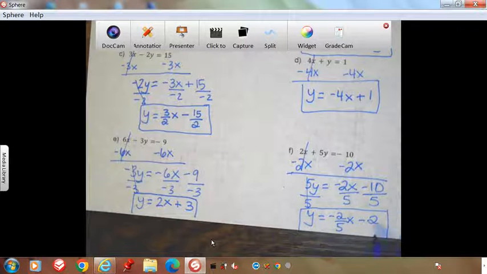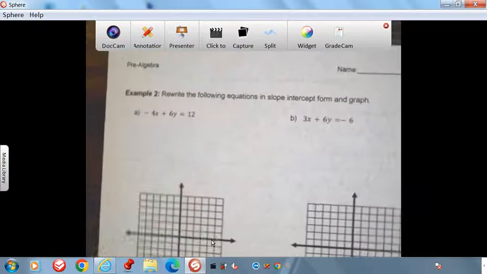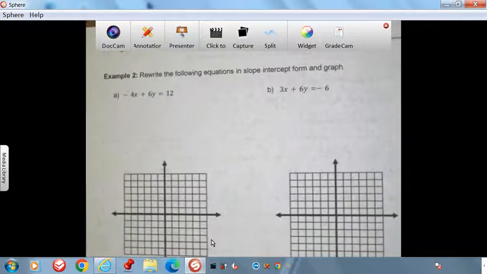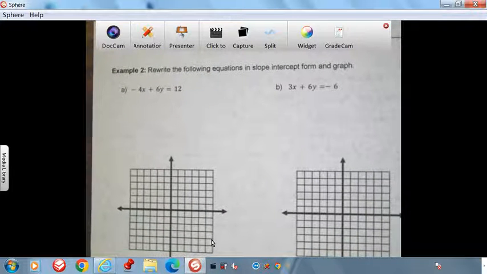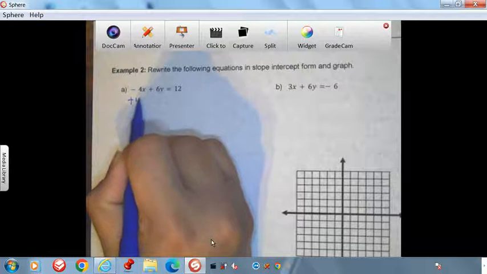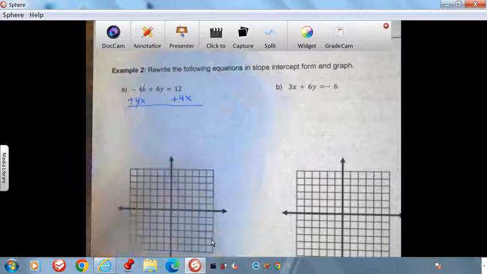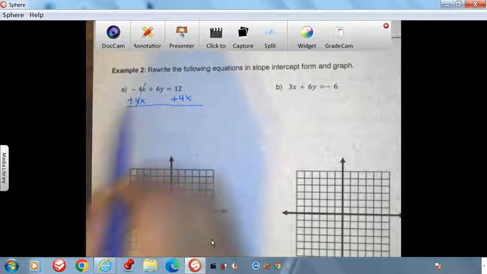On the back, it's going to do the same thing, but we're going to then practice graphing. So let's try a few of those together, and then you should have some time for homework like usual. So example 2 says, rewrite the following equations in slope-intercept form and graph it. So this time we have to add 4x to both sides because it was negative, and you always do the opposite sign of it. So if it's negative, I have to add it, and then bring down the 6y, bring down the 4x,